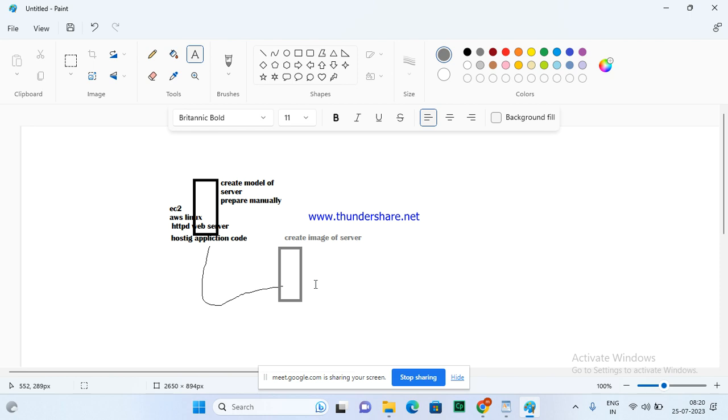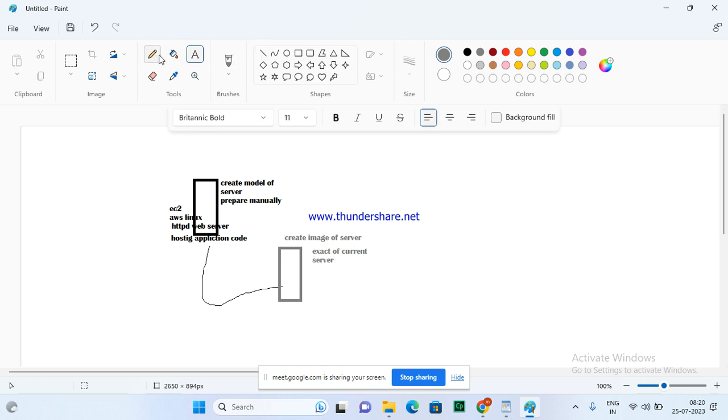It should not generate a server normally. It should generate my requirement: web server, application server, everything, whatever software I have, with the same configuration. So first I need to give a copy to auto scaling. That's why I'm creating the image, an exact copy of the current server. Now we got this copy.